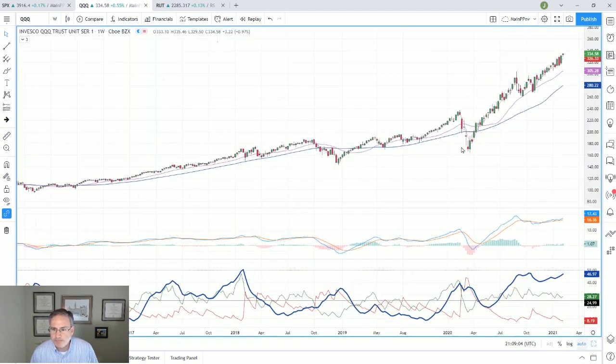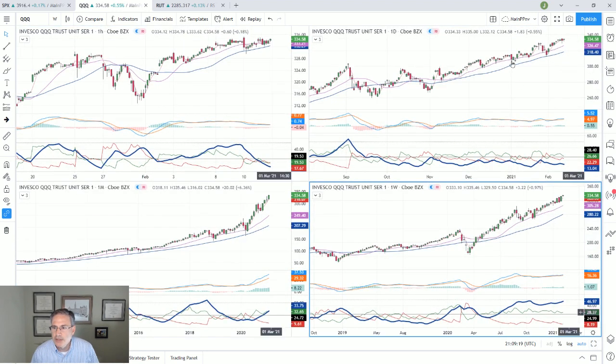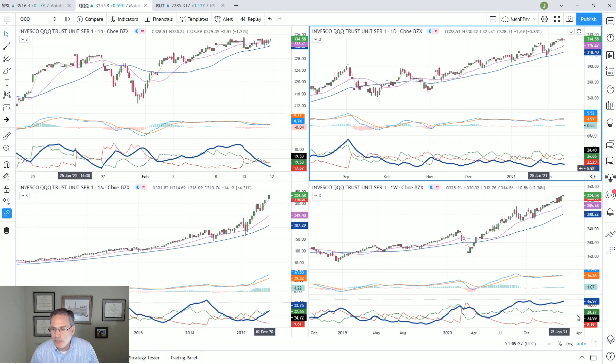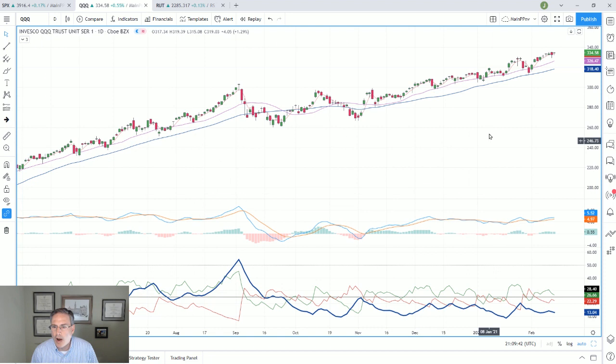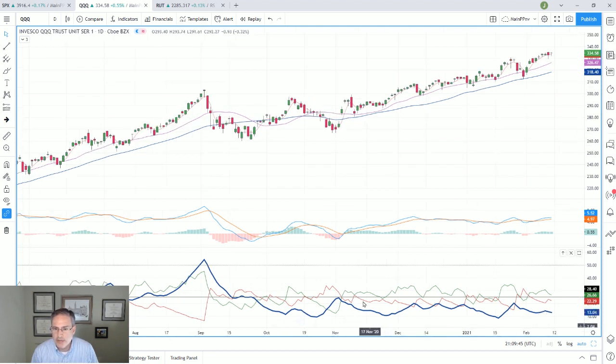The weekly chart, again, I think is in pretty good shape. ADX is really strong. MACD is trying to confirm, but more importantly, look at the 18 and the 40. They're rising at about the same rate, and we're not extended. So those are pretty good conditions. Now, if we look at the daily chart, the 18 is above the 40. They're rising at about the same rate. We had a little bit of a dip here. The momentum conditions, at least on a MACD basis, are a little bit better. There's just too much volatility and too many down bars. So let me explain why this ADX can't get going, just so you understand.